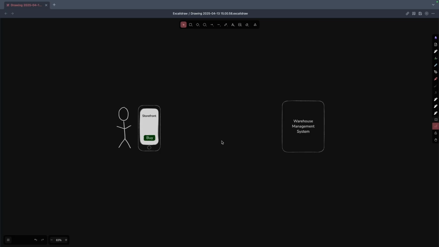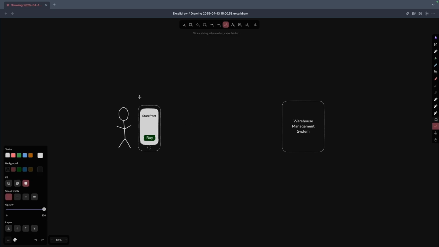So we're going to explore this typical HTTP request response scenario. If you imagine we have a user who's browsing an e-commerce web application, so some kind of storefront, and when this user puts items into her basket and clicks buy, the app needs to inform a warehouse management system of that transaction. So how does that happen in the world of HTTP? Well, the storefront, which in HTTP speak is known as the client,